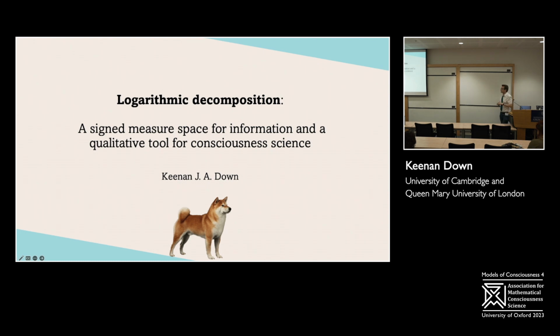Hello. So I'm going to talk a bit about some work in information theory that I've been doing and loosely what it connects to in consciousness science. This work was done originally for information theory. It started out as a project for thinking about how information is actually structured between different systems, how they actually share information, and it really started as a purely mathematical thing.